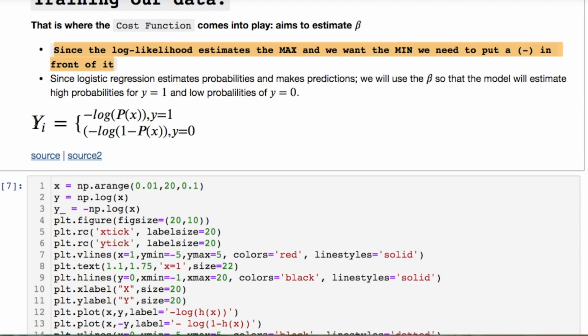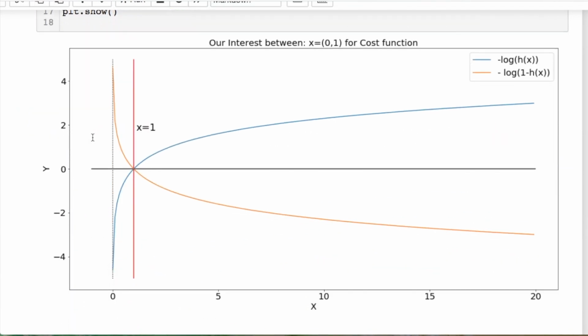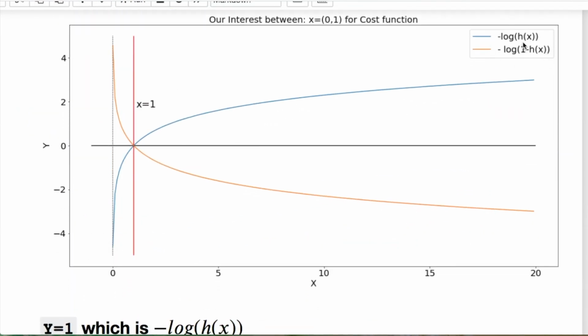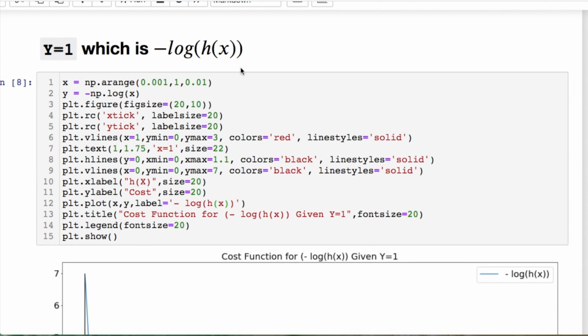So think of it like this. If we have some label, we would like to say, what's the probability of getting this label? 1 with a negative log of the probability. And here's the probability of this not occurring. So let's look at what is occurring here with our negative log of our hypothesis and then negative log 1 minus that. We have this division because we're interested in going from 0 to 1 for our probabilities. All right. So let's scroll down and look at each one of these separate.